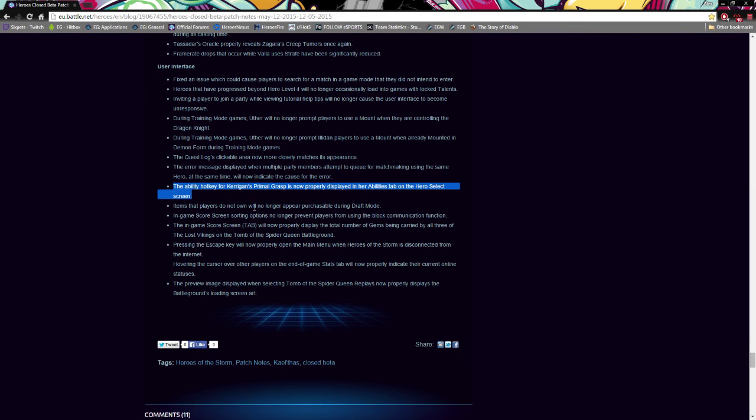Alright. Items that players do not own will no longer appear purchasable during draft mode. Yeah, it's actually a thing, especially for newer players, they would get lost in the hero pages. That page, by the way, could use a revamp during the draft mode. The in-game score screen will now probably display the total number of gems being carried by